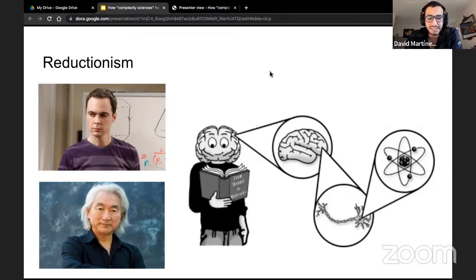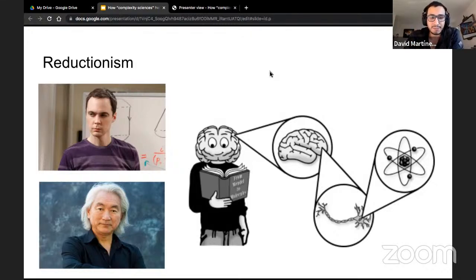So this perspective is widely used, and it has been used for a long time in science, from the times of Newton, where the scientists and philosophers thought that we could explain everything if we understood the basic laws of physics and math that govern the elemental particle laws.